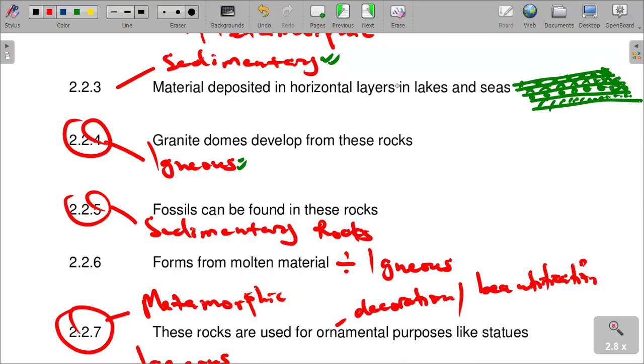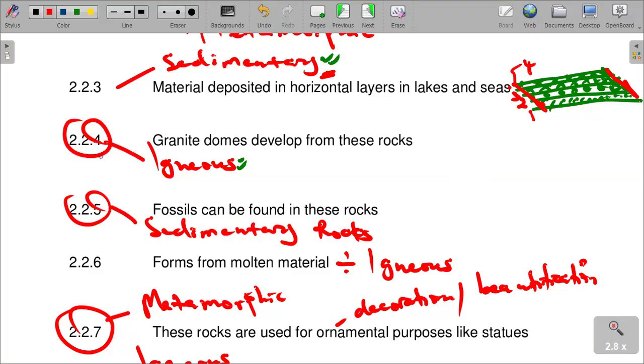Then materials deposited in horizontal layers. I've been just trying to illustrate here. This is just a typical representation of the profiles that we can have. We can say profile 1, profile 2, profile 3, and then the last one, profile 4. These profiles appear in layers according to the deposition that is taking place. What you need to understand is that this is found in sedimentary rocks. This characteristic manifests itself in sedimentary rocks, as you can see, question